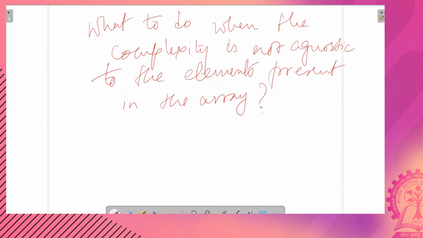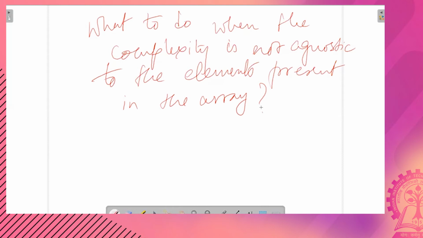It's not the case that we will not be able to compute the complexity. However, we will not be able to compute the every case time complexity in such situations.